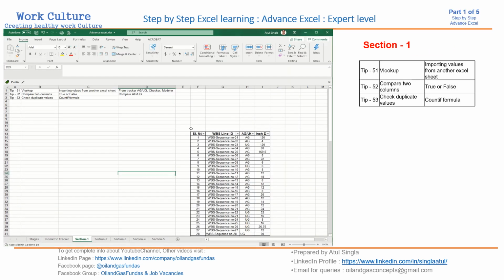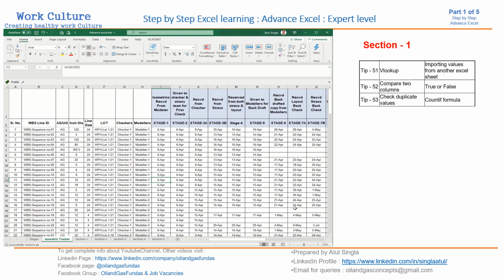So let us start with the 51st tip and the first tip in advanced Excel. First of all, we are going to cover VLOOKUP, how we can use the VLOOKUP command. Suppose we have a table which we were using in our previous section also, where we were covering the basic Excel tips. So we have this one and we want to drag some properties related to this column from some other table